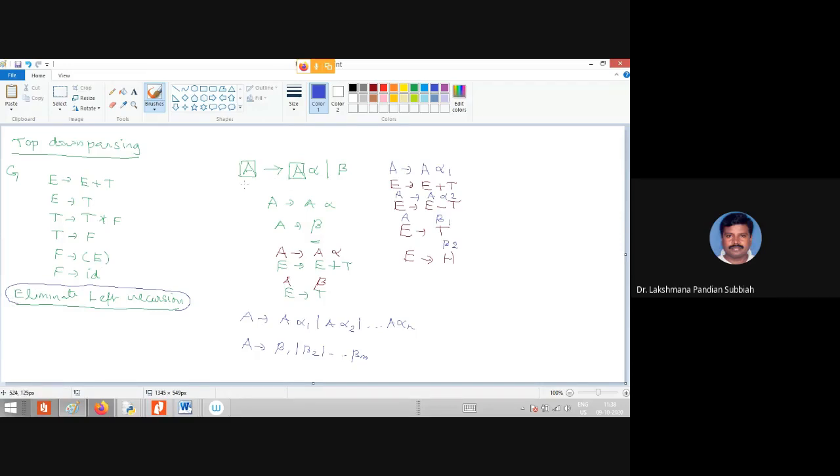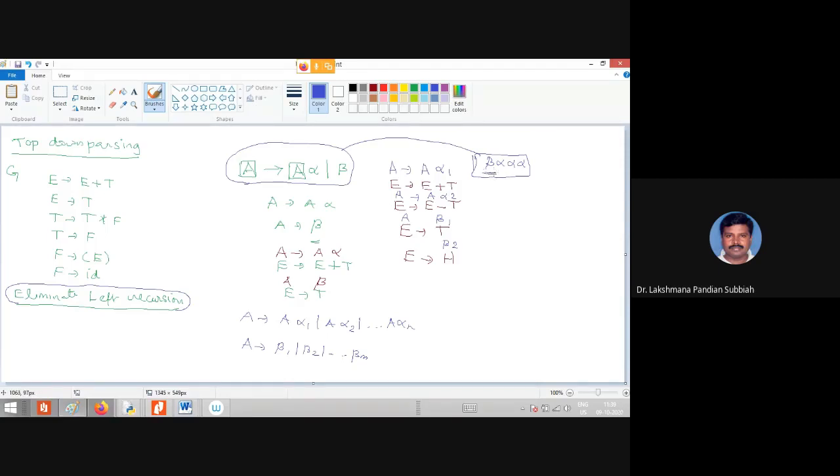Suppose you have the string beta alpha alpha, and you want to generate it by top-down parsing for this grammar. You scan from left to right.